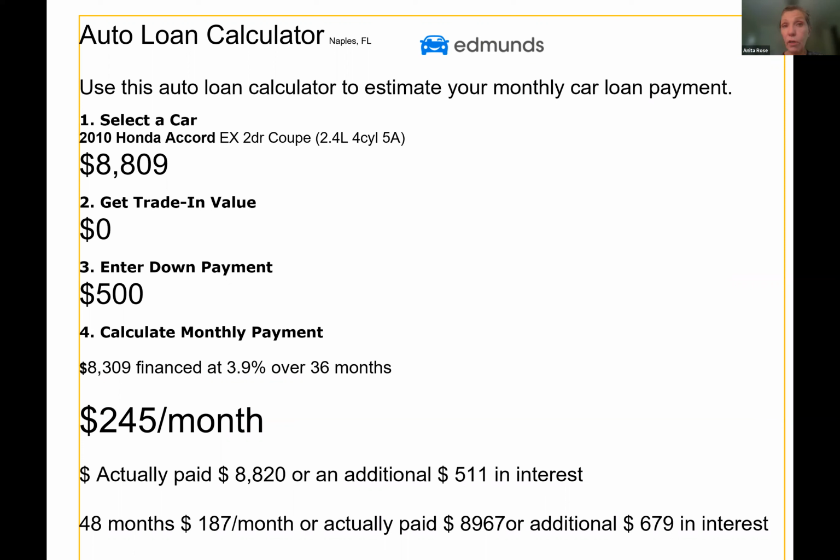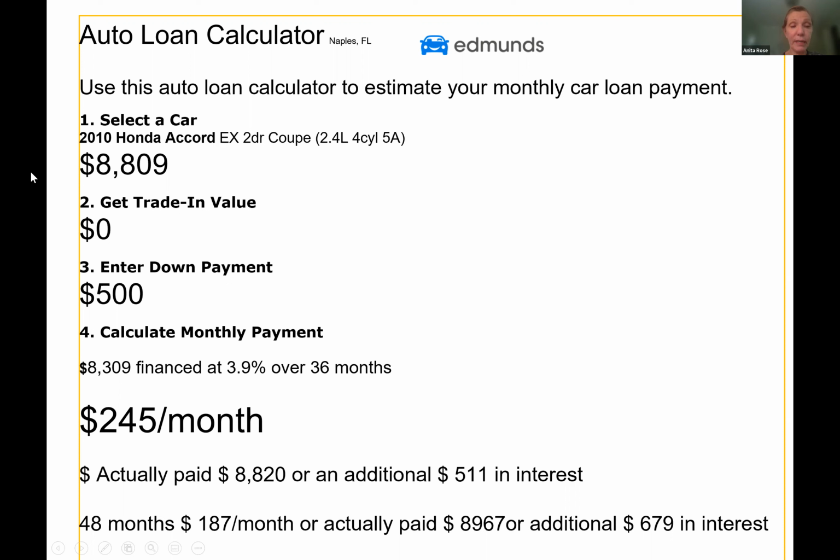All right, so now let's take a look at car loans, because most of us get a car loan. Some of us don't. Some of us buy used cars and just pay cash. But let's just say we're buying a used car and getting a car loan for it. We're going to get a 2010 Honda, $8,800, and we have no trading value because we're not trading in a car. We're just getting our first car, and we're putting down $500 as a deposit. We managed to put that up in savings, and now we're good to go.